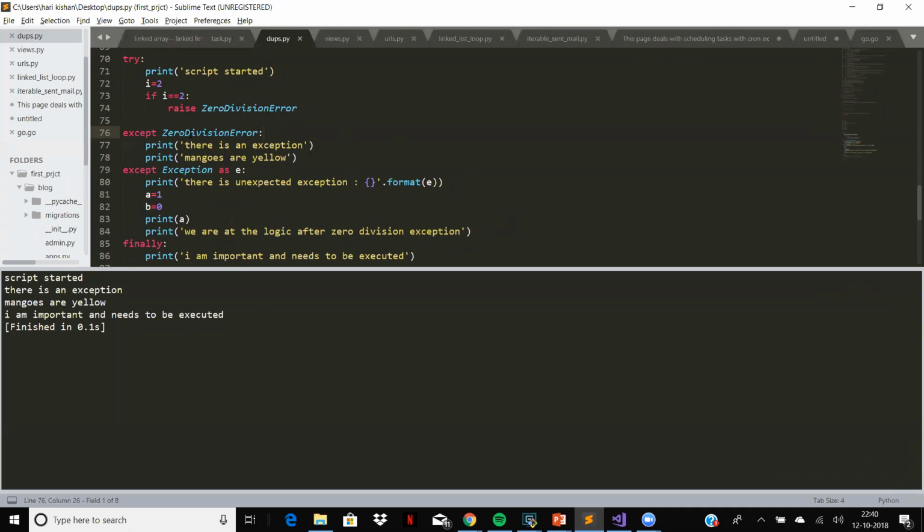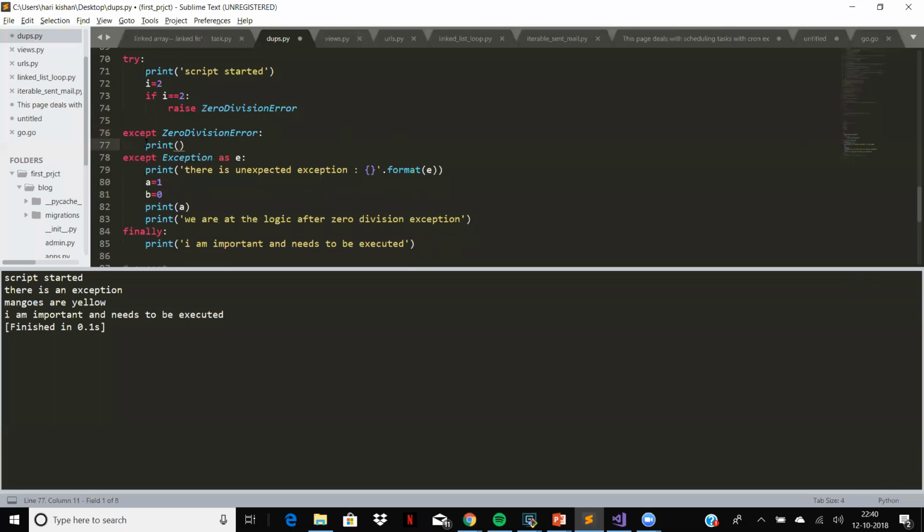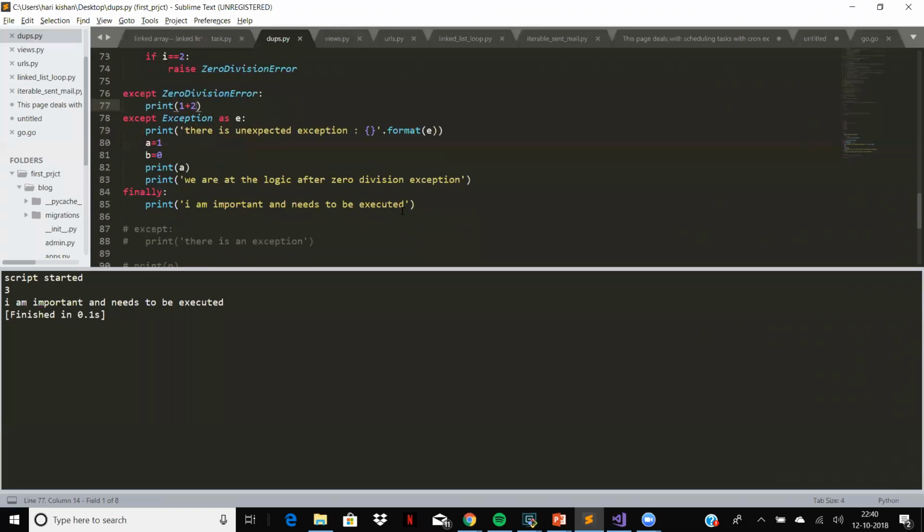Again, if you want to do a certain set of logic only when the condition is met here, you can raise something called zero division error, and in this print 1 plus 2, let's say, this logic is executed. So you can just break your logic at your convenience, at your conditions or something like that. And one more thing is,